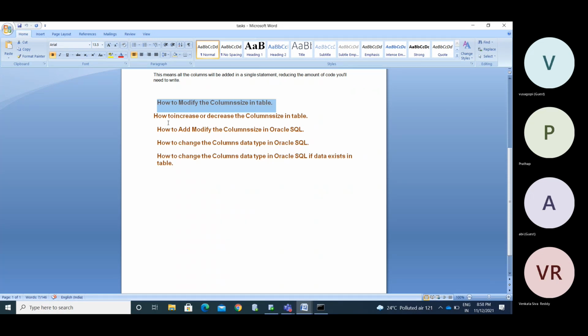And how to find the nth highest salary. Highest salary, how to find the nth highest salary is one question.